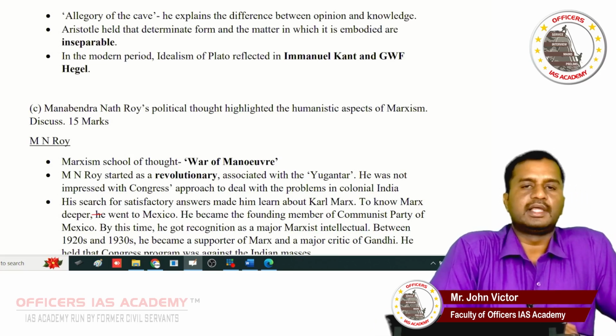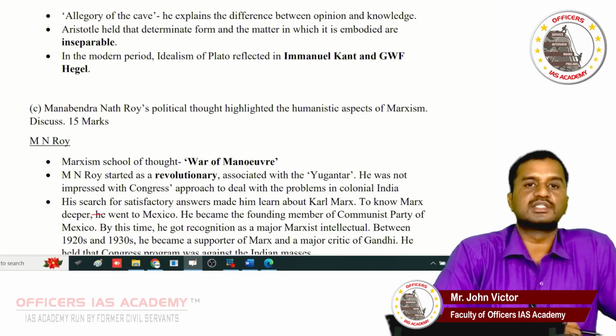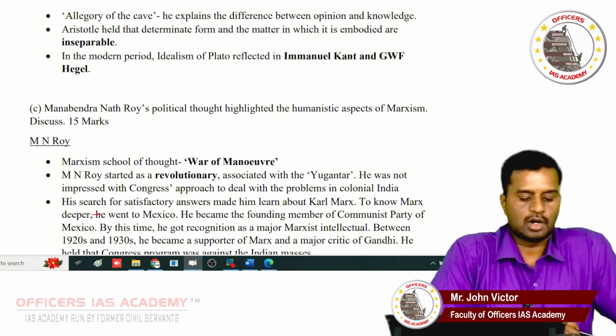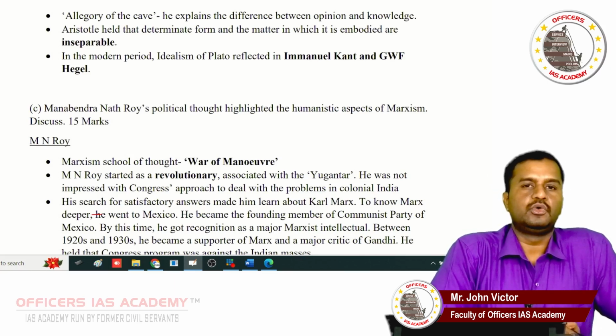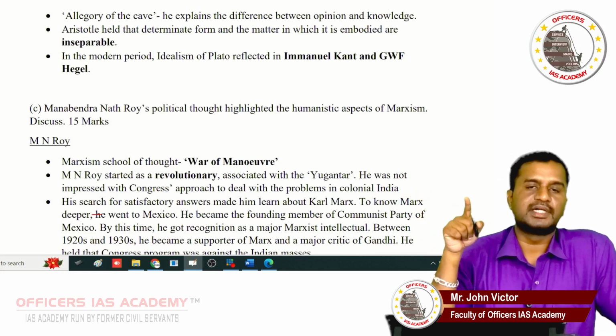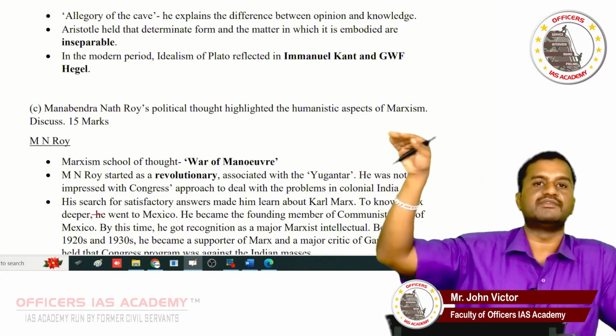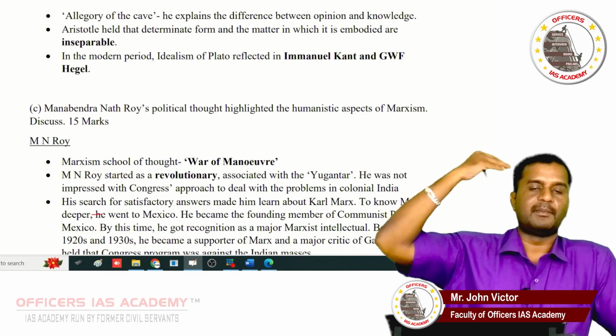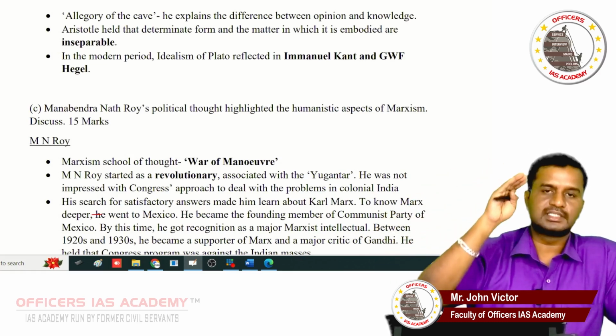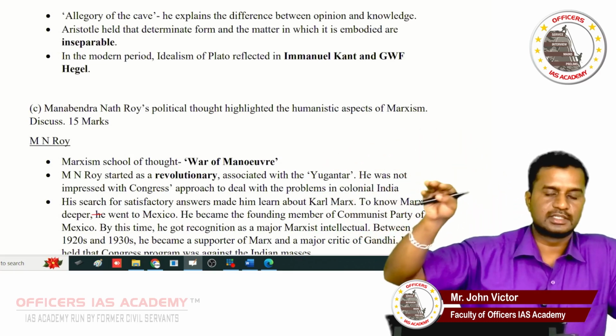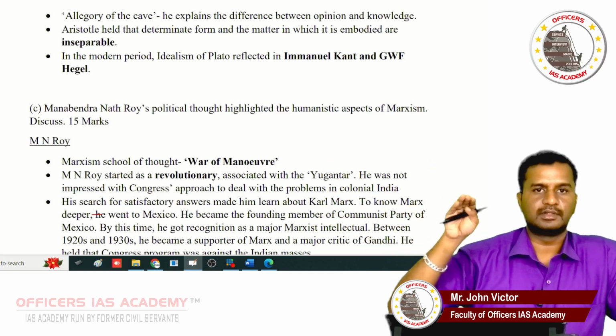Unlike Plato, Hegel and others, Marx was a materialist. According to the materialist, the human mind itself is a reflection of matter or the material world. According to the idealist, the idea or the mind shapes matter. According to the materialist, mind itself is a form of matter. It is matter or the material world which shapes the mind. Mind is related to ideas, but mind itself is a form of matter. It is based on the material world.